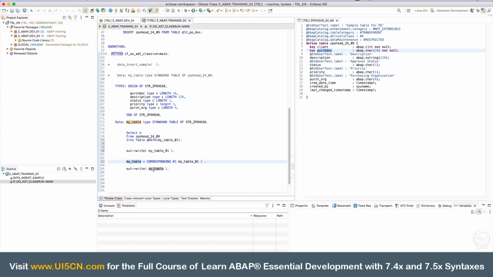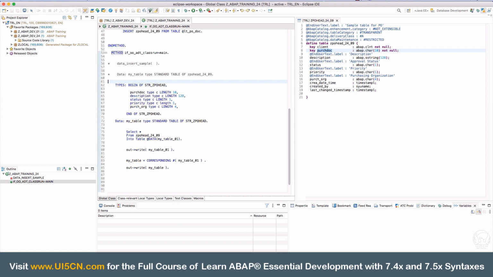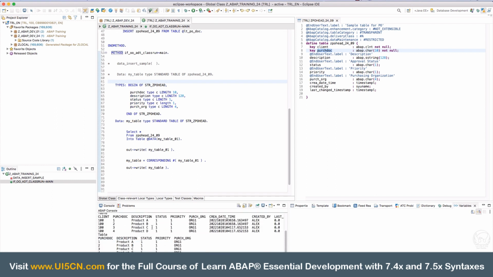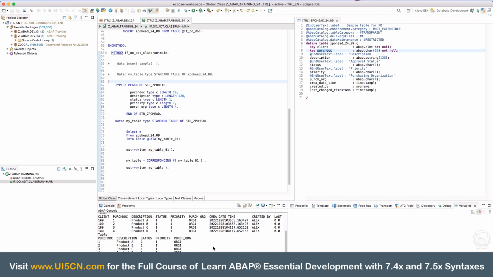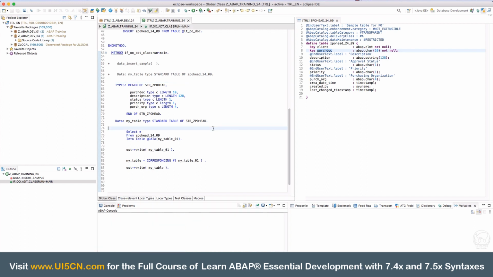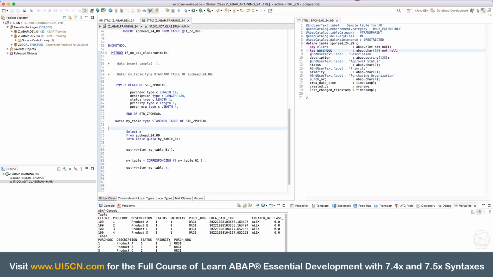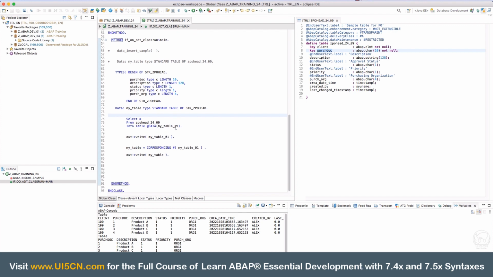Okay, so I will print this in the console at line number 85, save it, activate and run the code. And what you see here in the console, we are getting 3 tables, so it's better to clear the console and run again. No need to activate because we have the activated code. And actually we should get 2 tables. The first is the database table, which we are getting in